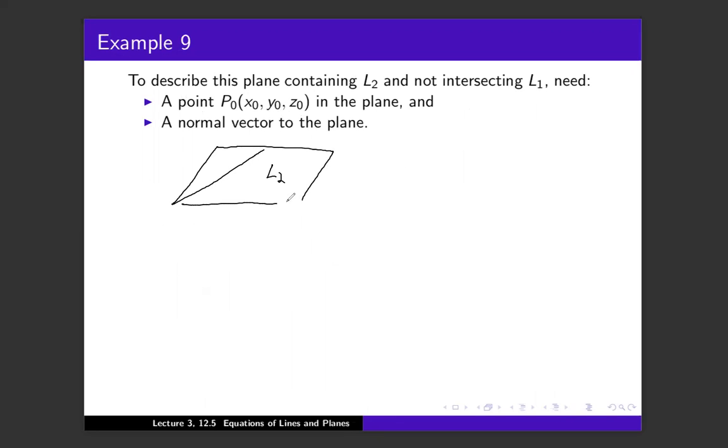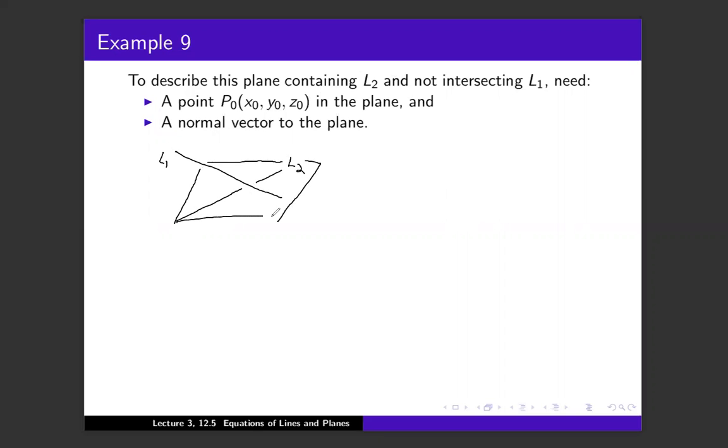Right, so that's one line that we're interested in, and we're also interested in this other line. Here's L1, and here is L2, and here's the plane that we care about. And so what are we going to do? We're going to find this distance here. What do we need? We need a point on this plane, which could just be a point on L2,